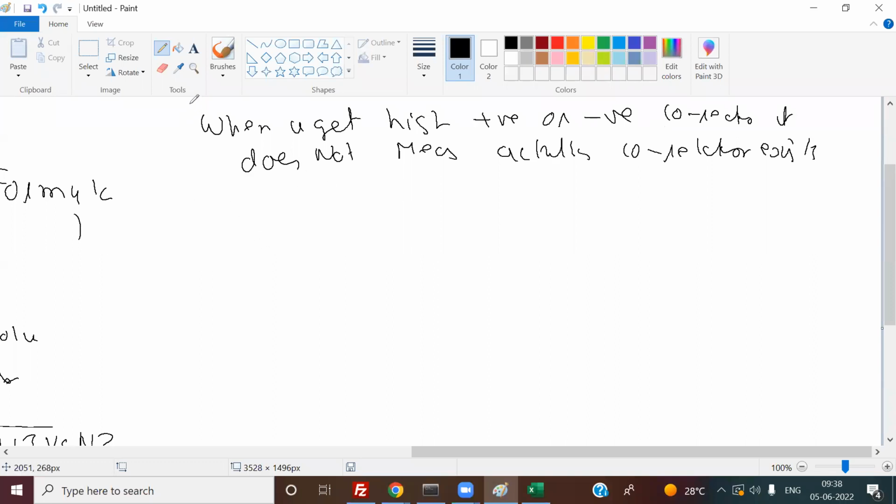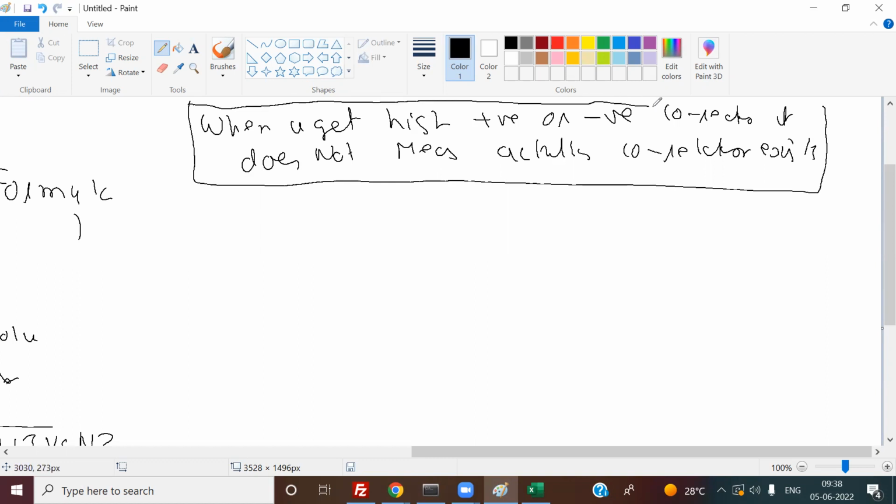And so when you get a high positive or negative correlation, it doesn't mean that every time the relation between the two variables actually exists. It may just be a coincidence. It can be just a coincidence. Okay. Another thing is